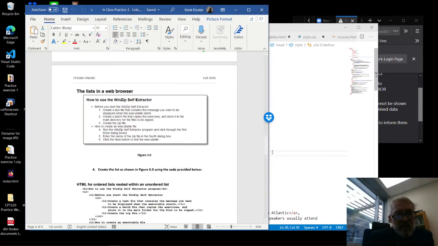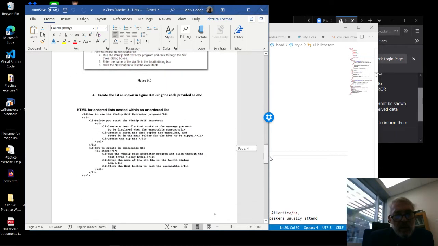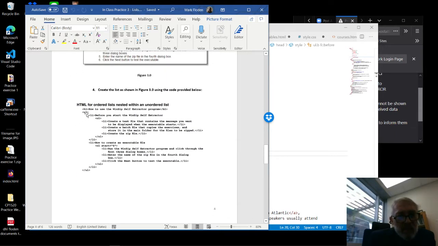Now, the idea of a nested list is that we have a list inside a list. What we have happening here is an unordered list, with the items before and how to create. Those are 2 items in the same unordered list, and within them is another list which is ordered. So here's our unordered list, it starts here. All the code is there. So he's basically just put this code into